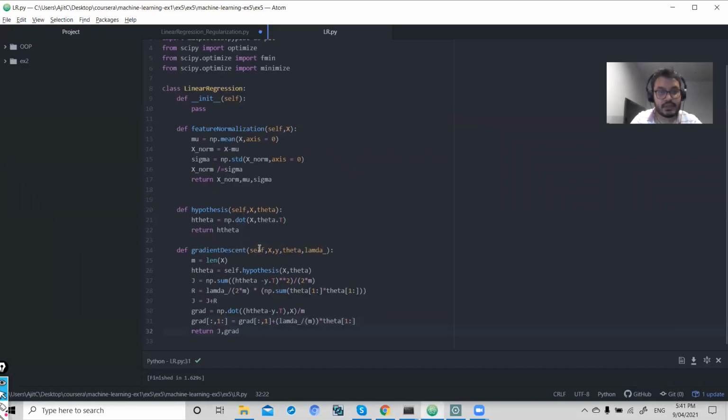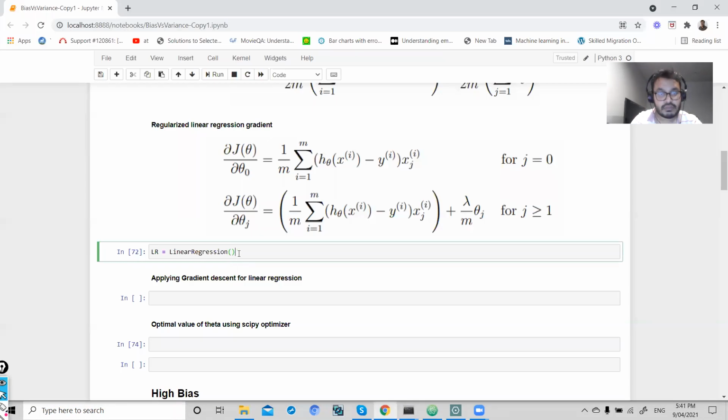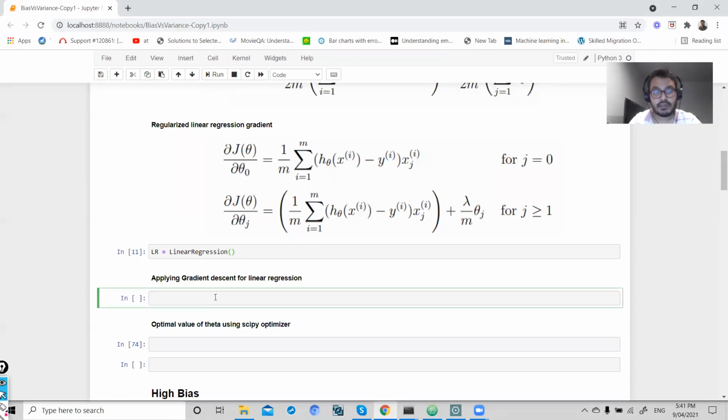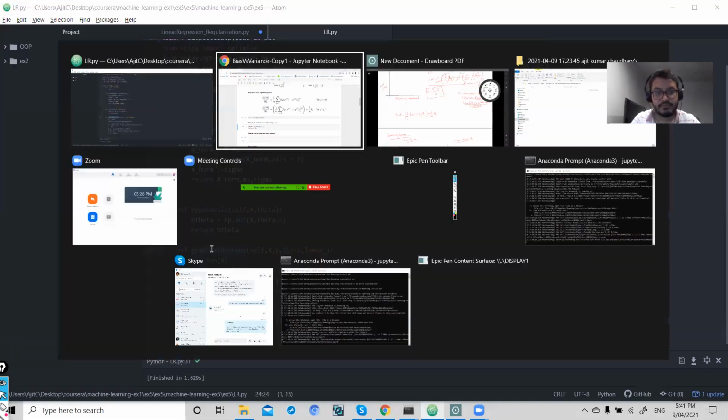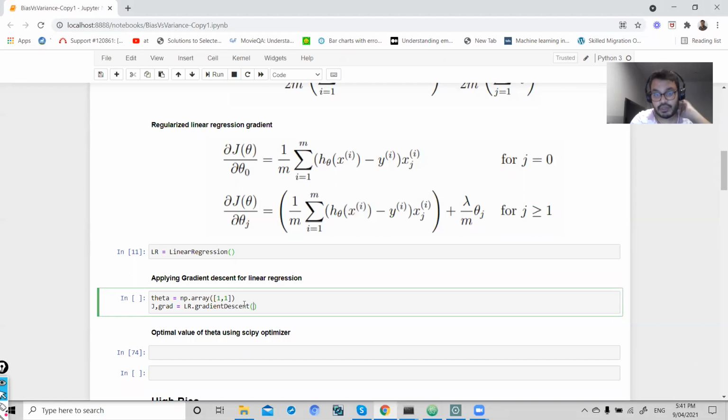Let's check if this is working or not. LR. Now let's declare theta as np dot array of 1 comma 1, and my j and jd declared will be lr dot gradient descent, and I will append 1. So np dot append, np dot append